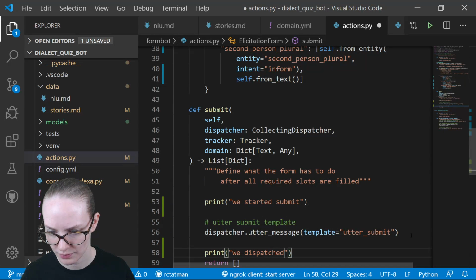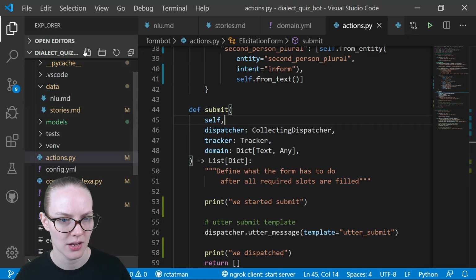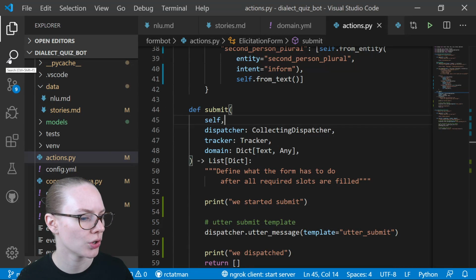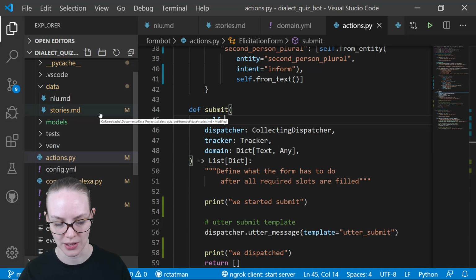And this will show up in the action server and not in the users. So the text that's printed out here will show up in the action server and it won't show up in our